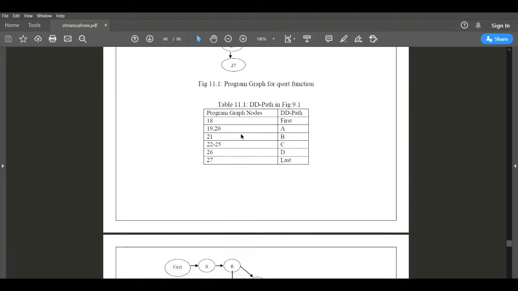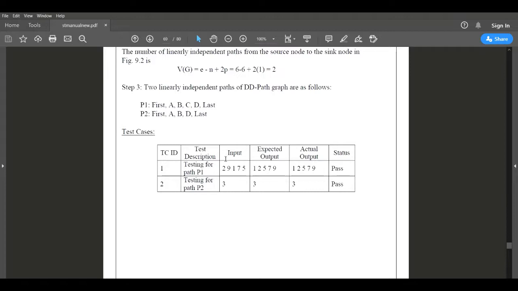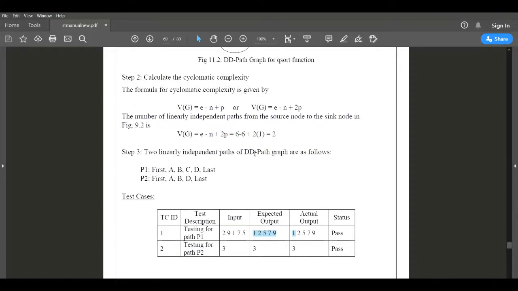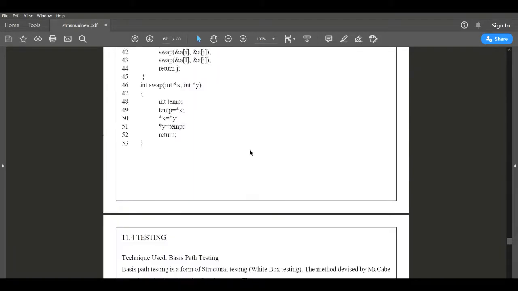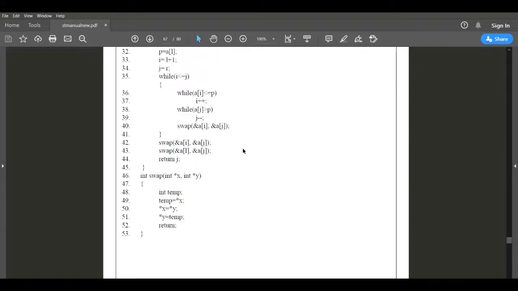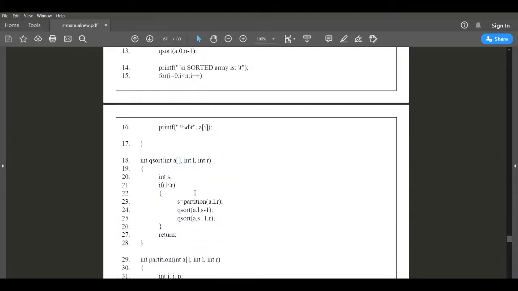Therefore here I give the values for P1, this is the input, and this will be the sorted output and actual output, then pass. For path P2, if only one element is there, then there is no need to apply the sorting technique. Getting my point? There is no need of doing the partitions.